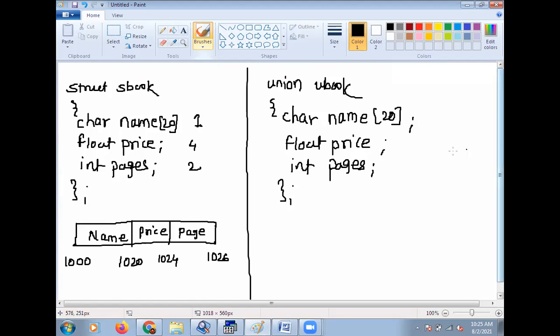Memory allocation: here 20 bytes for character, 4 bytes for float and 2 bytes for integer. It will check which data type requires more memory space. So here character, and suppose memory space starts from 1000.